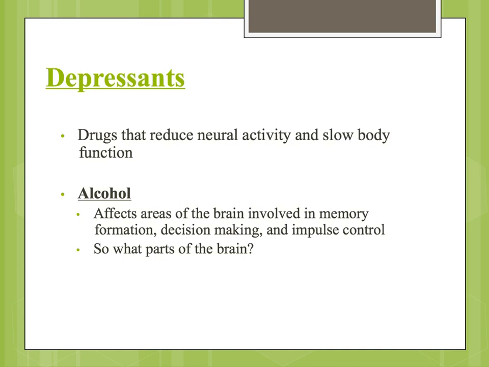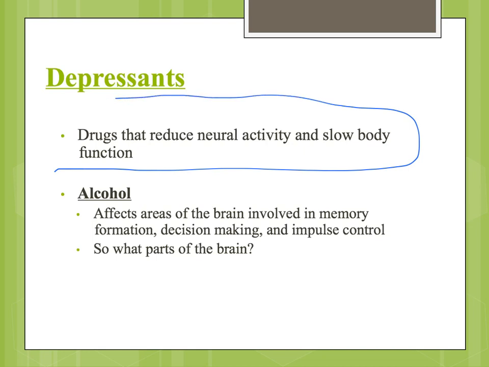Okay, so alcohol is probably the best example of a depressant. Alcohol affects areas of the brain involving memory formation, decision-making, and impulse control. So if you think about what we just discussed in defining depressants and apply it to alcohol in the first bullet here, that's why when people are drunk,